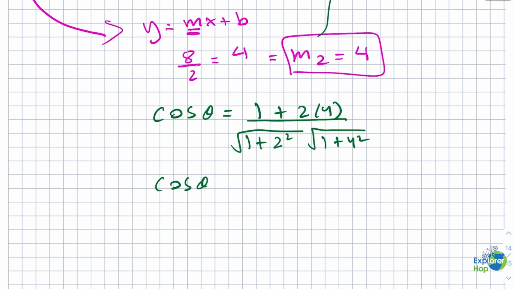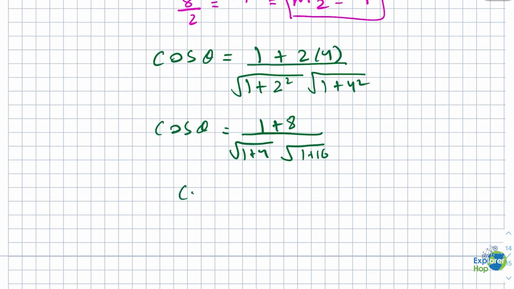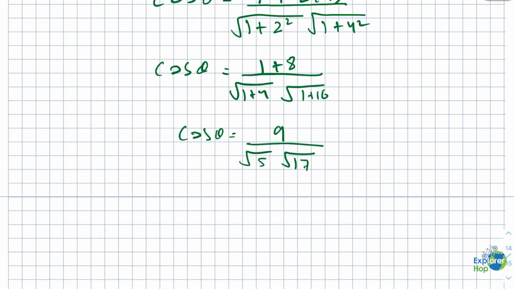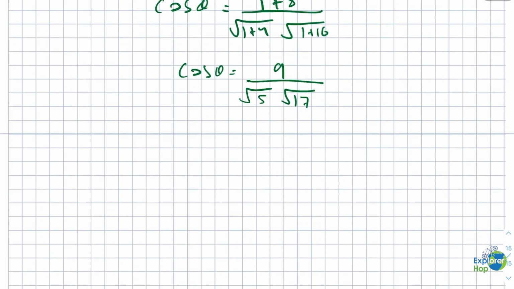Now we can further simplify this and get 1 plus 8 over the square root of 1 plus 4 over the square root of 1 plus 16, which is equal to cos theta is equal to 9 divided by root 5 divided by root 17, which is basically equal to